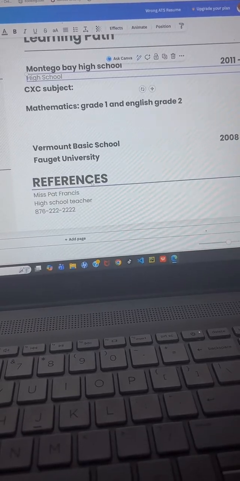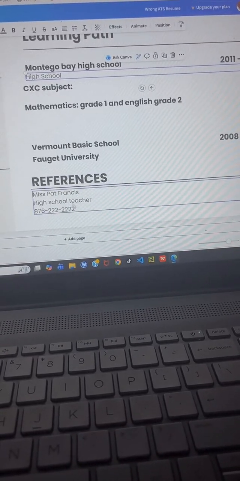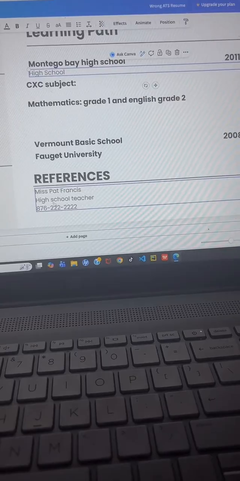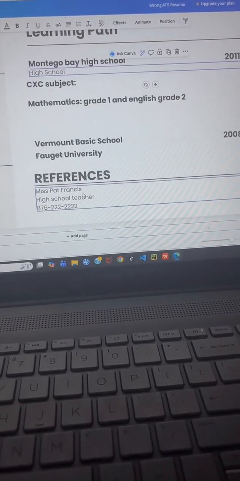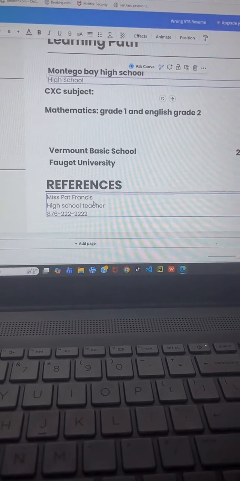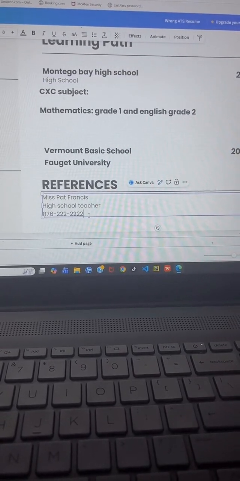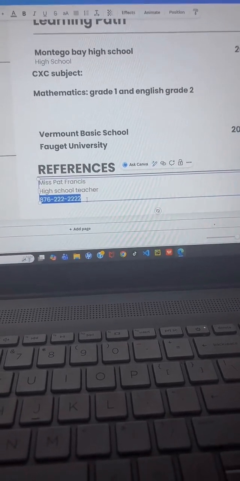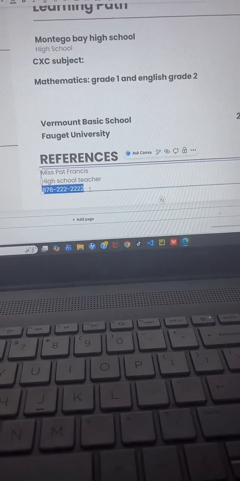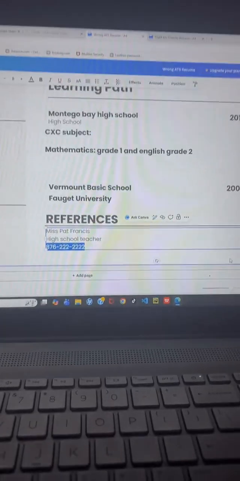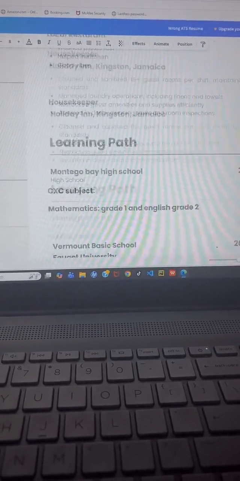And if you're going to put the references, don't list the person's name and the relationship and number, just put available upon request. Alright, do you guys have any questions so far?